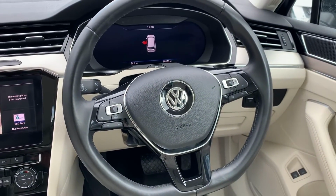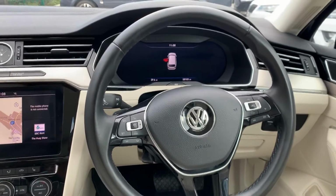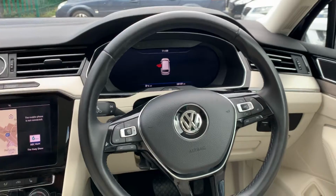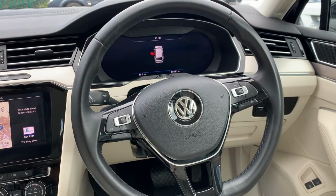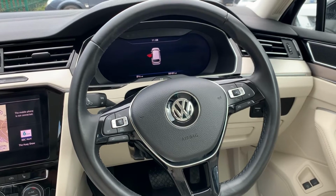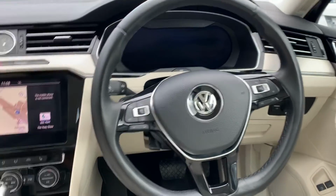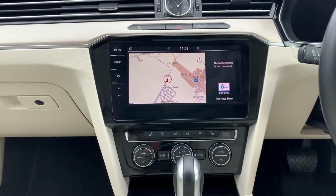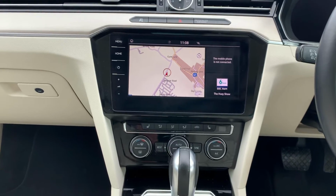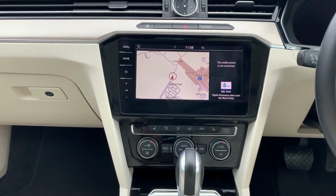Multifunctional steering wheel. You've got the virtual cockpit, which you can have various things displayed on the main screen ahead of you, things like, for instance, naturally speed, but then things like satellite navigation. You can have your phone menu on the display, you can have the radio on the display, etc. And you've got your other central display for media, satellite navigation, Bluetooth telephone. Also you have things like Apple CarNet,